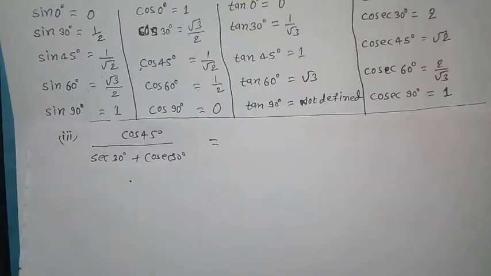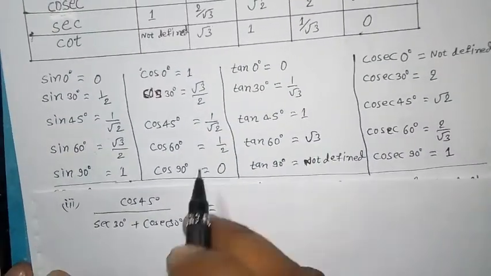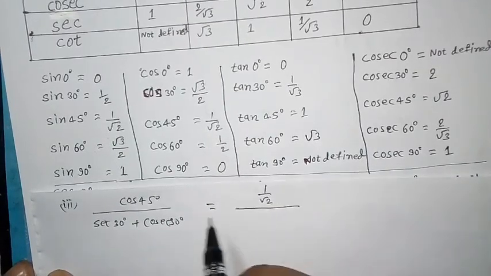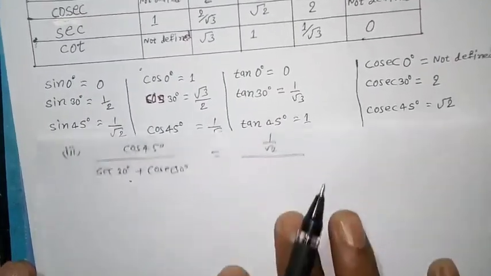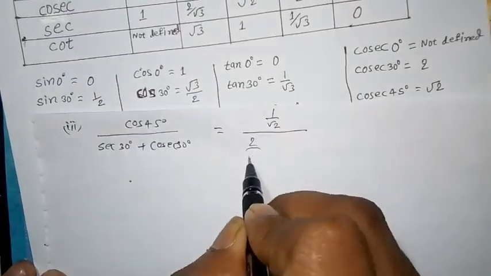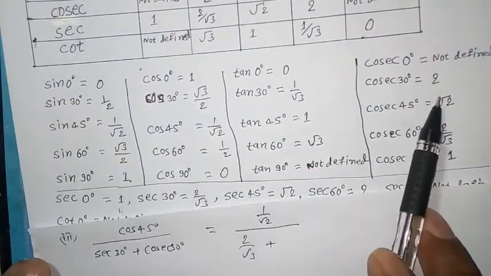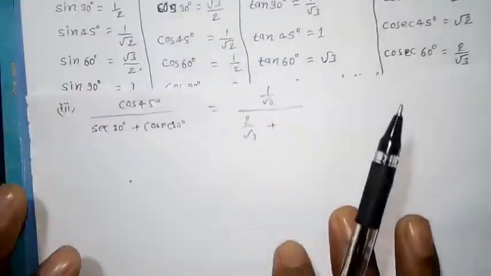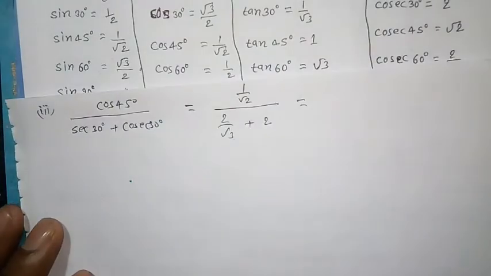The value of cos 45 is equal to 1 by root 2, sec 30 is 2 by root 3 plus cosec 30 is 2 is equal to